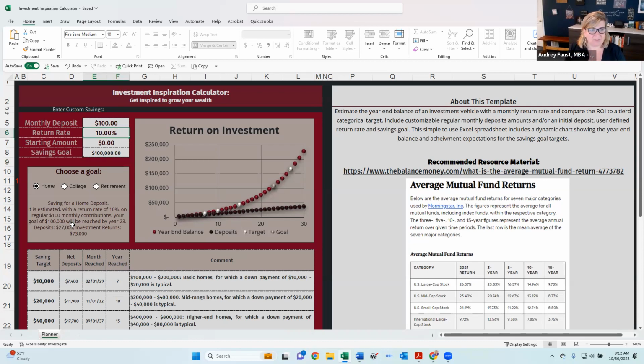But still, you've only put in $27,000. And this is how your money gets to work for you. This is what people talk about making passive income. You've made $73,000 by doing nothing. Nothing. But investing $100 a month.